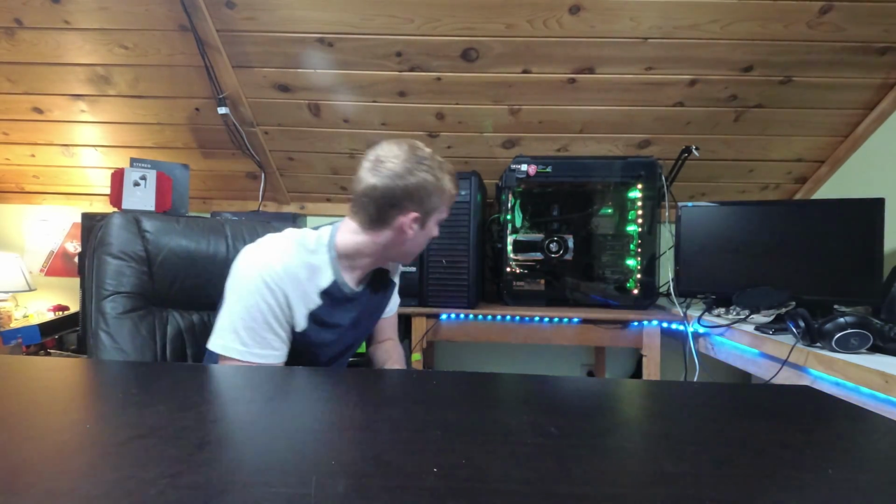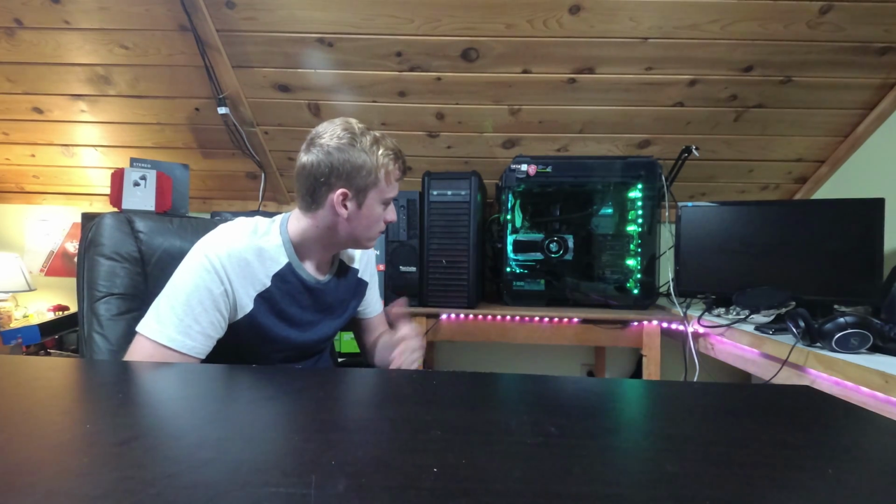Let's also talk about power supply. Now, power supplies have gotten less expensive over time, but not that much less expensive. I think I paid like 80 bucks for this one. This is a 650 semi-modular. The same thing now is around 60 bucks, so it's lost about 20 bucks in the course of a year and a half. But keep in mind, if you got something like an 820, yes, you may not ever use it, but you also have a good power supply that will keep its value relatively